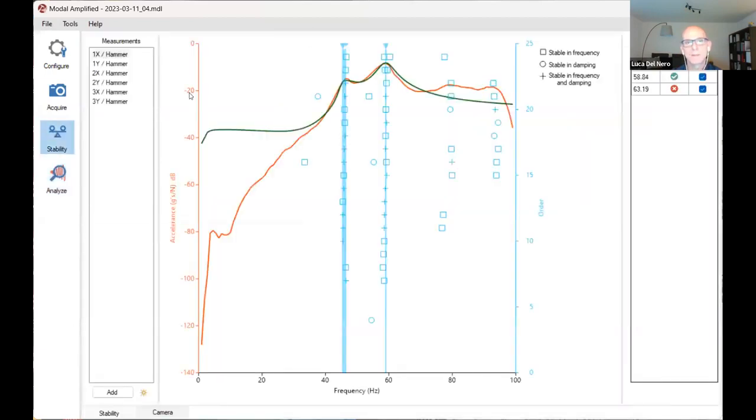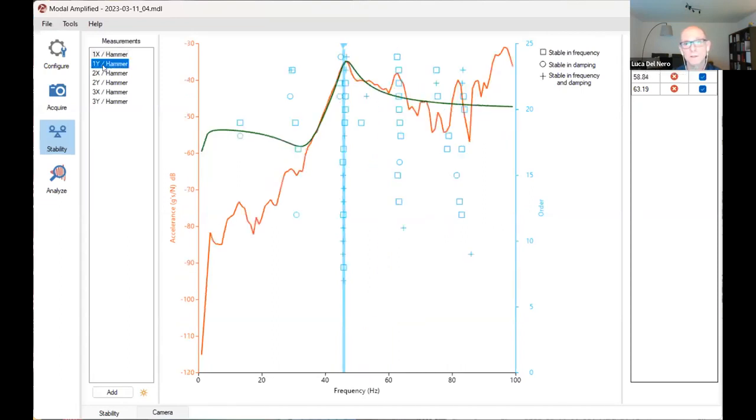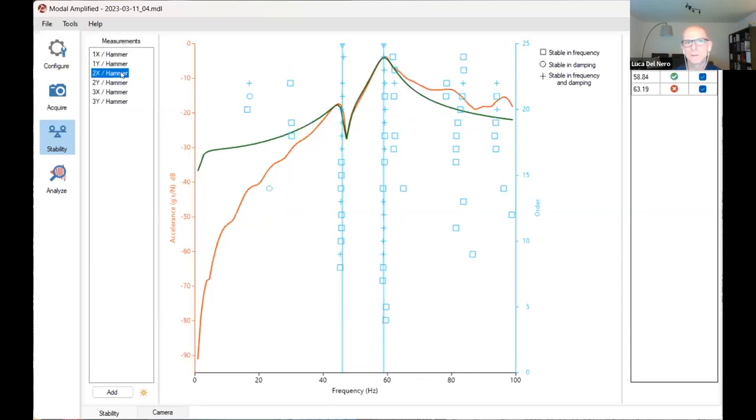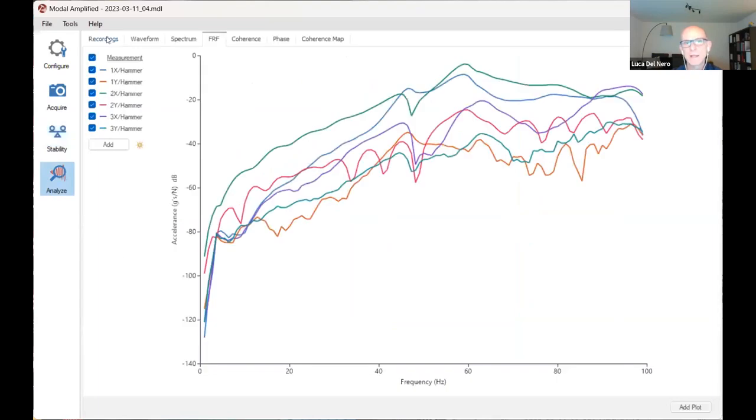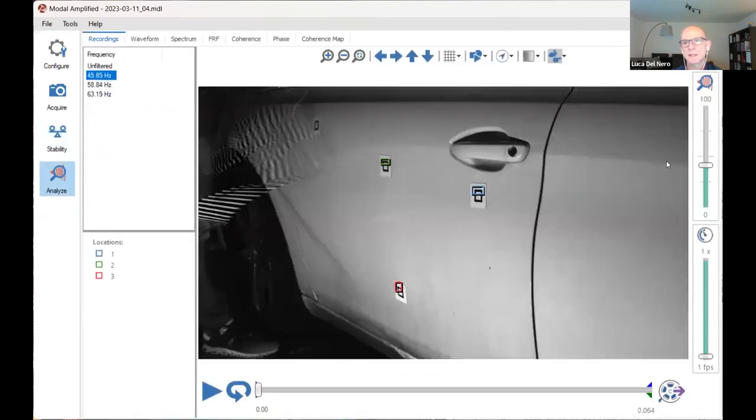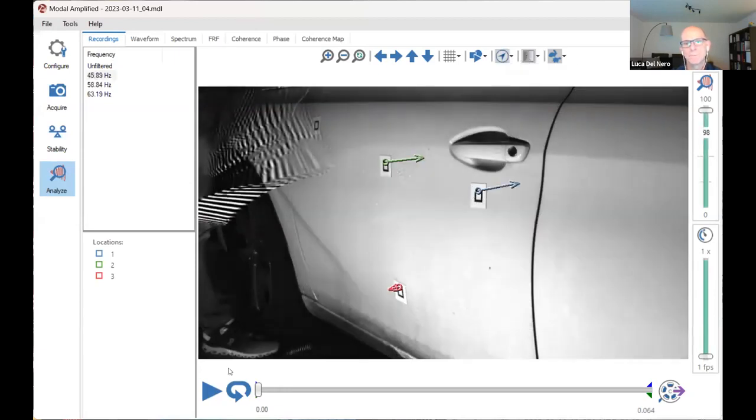And again, we have a stability diagram where there are some suggested frequencies for our modes, for every single point. So the system itself gives us immediately what is a suggested mode and what is a mode that could be, but it's not exactly what we expect as a good mode, very stable. Okay, and the system automatically makes the calculation for us and suggests and creates video where we can immediately see what's going on there. So again, we go in our door at the first frequency, that is about 45 Hertz,